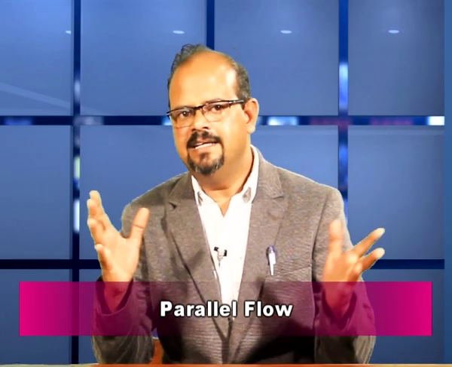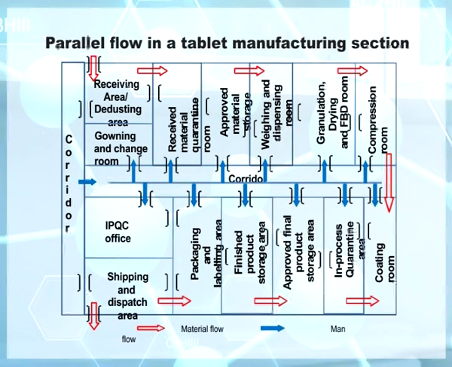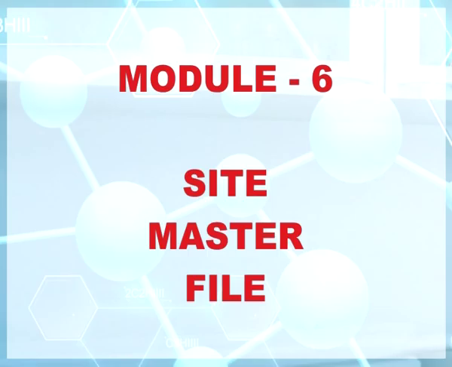Now another design is parallel flow. An internal corridor is provided for the men flow. Raw material is received from one side, then stepwise moves to quarantine, sampling, dispensing, production, packaging and labeling area placed in a parallel layout on both sides of the internal corridor, finally to finished good store and transferred from the other side.